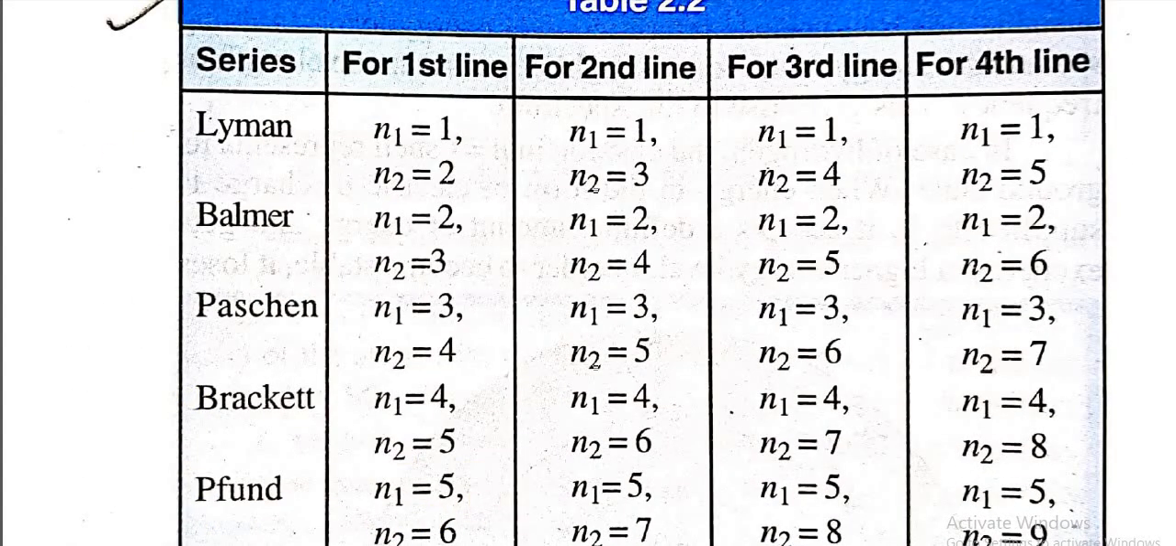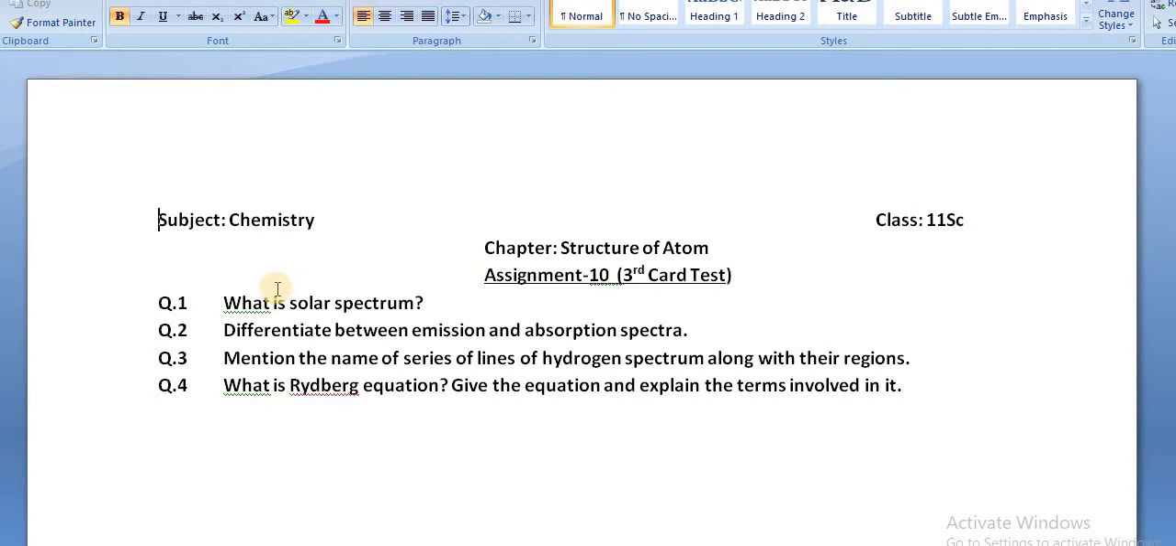Now, assignment for today. Assignment number 10. Question number 1: what is solar spectrum? Question number 2: differentiate between emission and absorption spectrum. Question number 3: mention the names of the series of lines of hydrogen spectrum along with the regions. And question number 4: what is Rydberg equation? Give the equation and explain the terms involved in it. Complete this assignment and send it to my